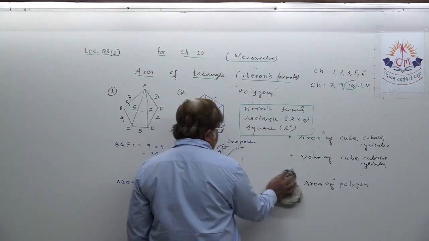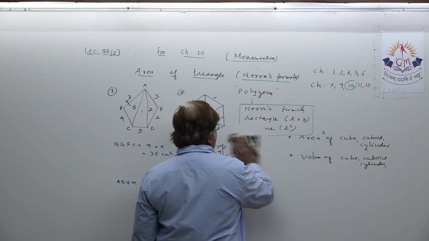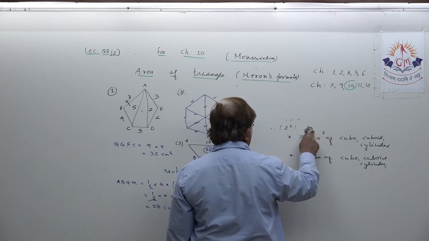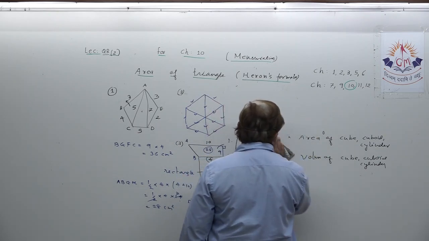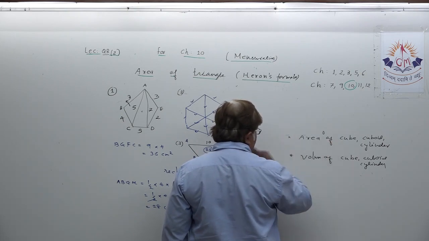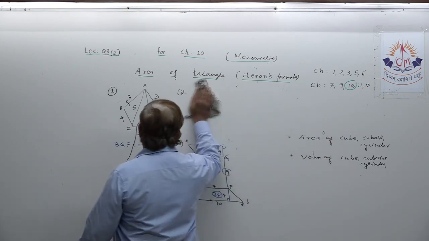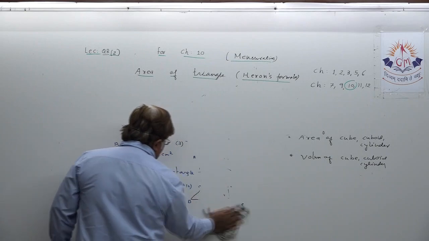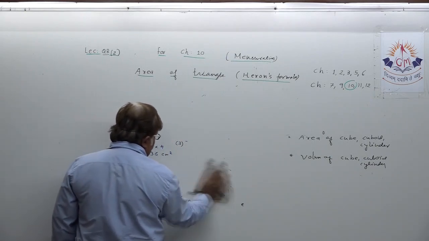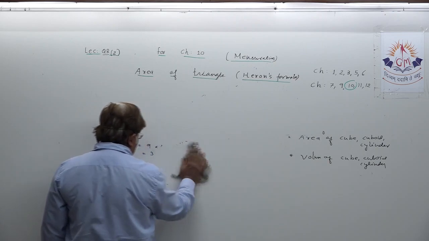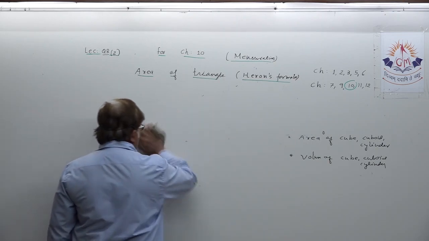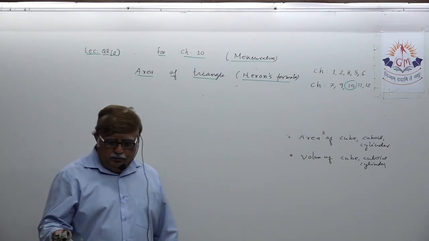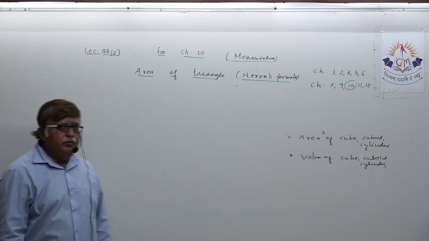Okay. Now let us target area of cube, cuboid and cylinder. Okay. Here also you should be very sure. I am targeting this topic, area of cube, cuboid and cylinder. Here, dear student, you must have the knowledge about the formula. If you have the knowledge about formula, just solving examples is not going to serve you at all.